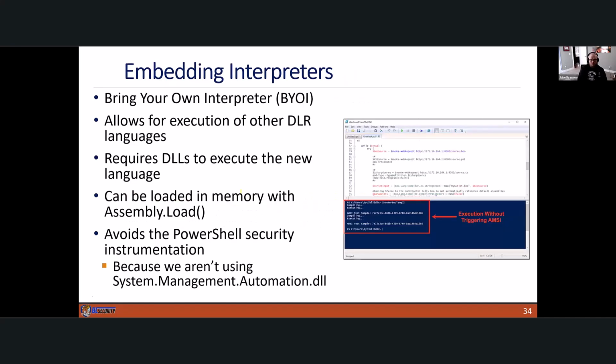And now this gets to the bring your own interpreter concept. This allows for the execution of other DLR languages on the fly. It does require the DLLs from the language. So this does create quite large implants in memory because you're loading all of the associated DLLs from the language into memory. That being said, on modern Windows,